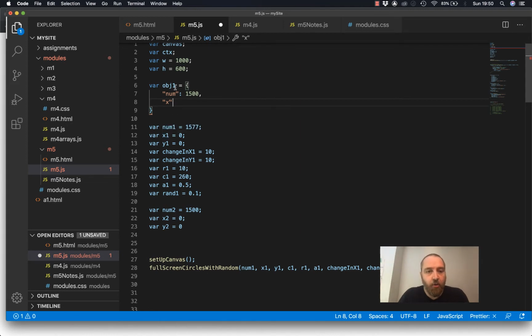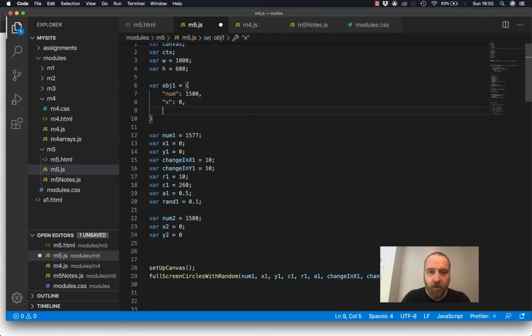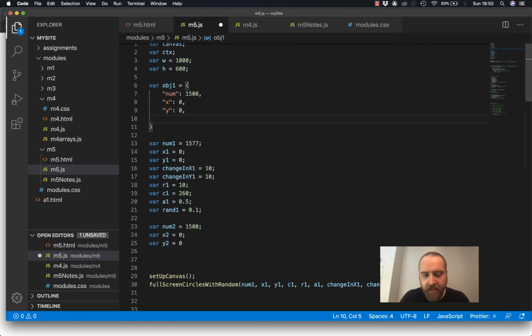We can just, because we can augment this variable name, we don't need to augment everything else. So x will be 0, y will start at 0, then change in x1,